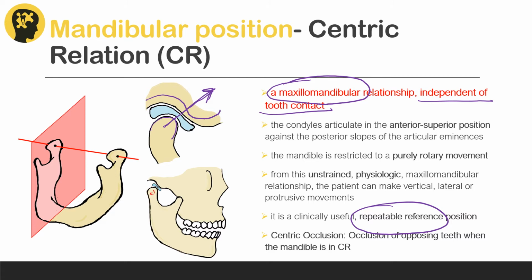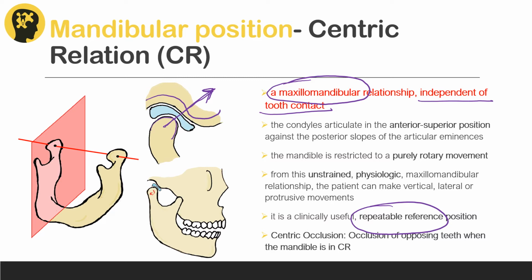All right. Now, most of us do not close into this position, so the patients won't close naturally into this position, so we have to actively guide the patient's mandible into the centric relation position. Now, to give you a rough idea, I want you to do a little something. I want you to place the tip of your tongue on the roof of your mouth and close your mouth. You will notice that your teeth occlude in a different manner than they would if you were to just tap your teeth together.